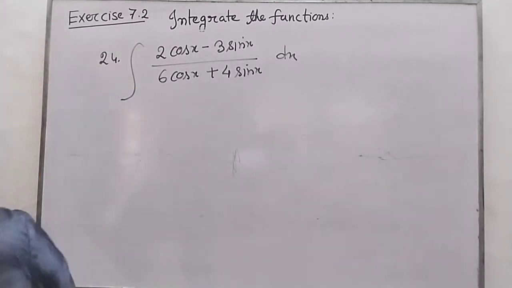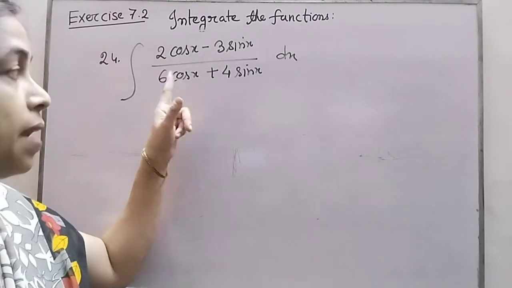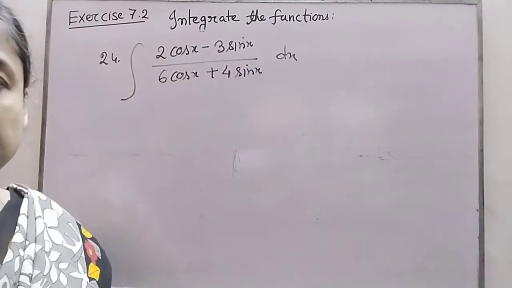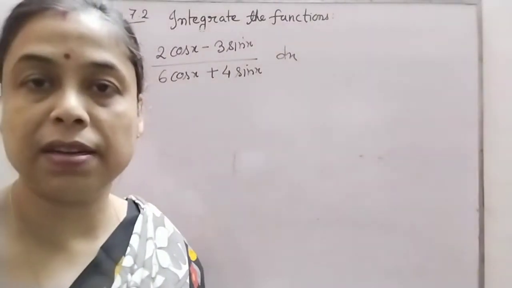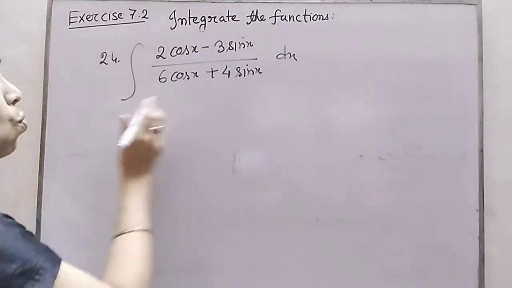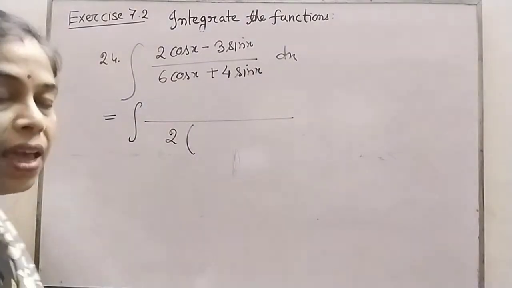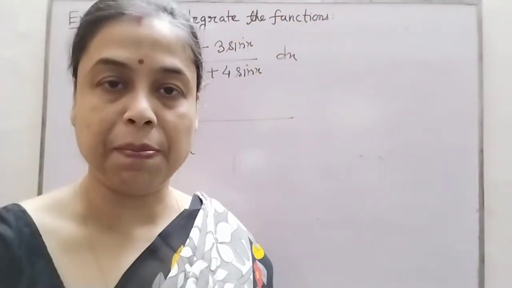In this case, if you see, the derivative of cos is sine and the derivative of sine is cos. Both of them are present as a sum or difference. But there is a problem, the coefficients are different. But one thing, if you notice, you can take common 2 from the denominator. So let us take common 2. Generally, you take the common expression, then only the question becomes simple.